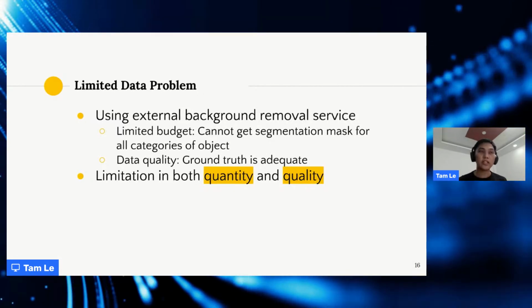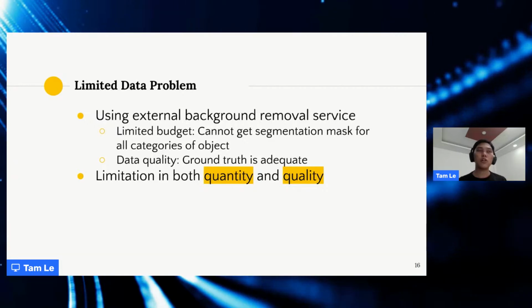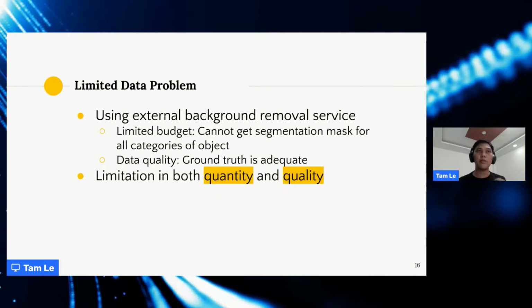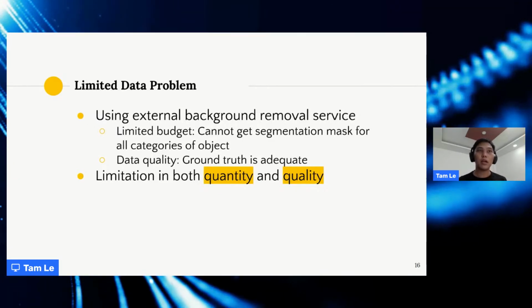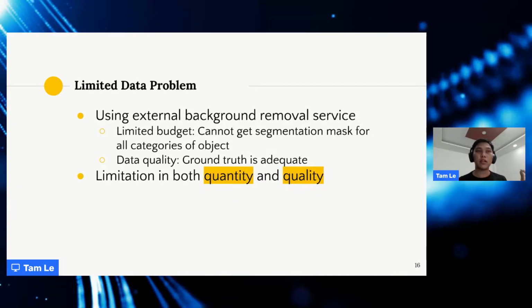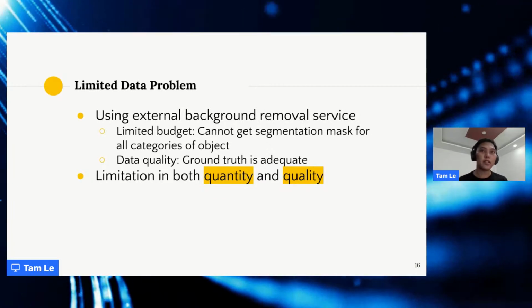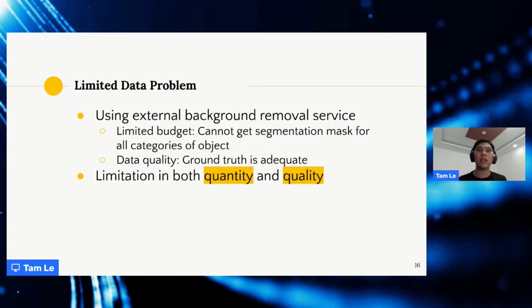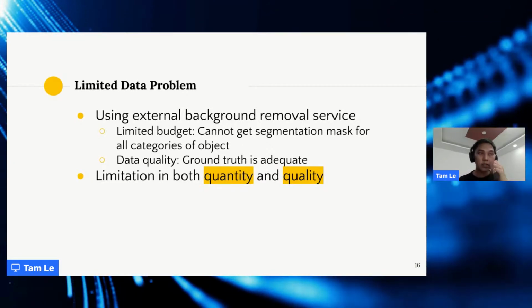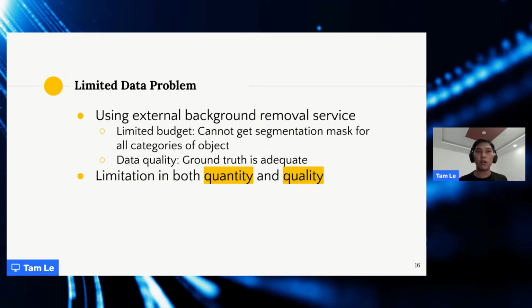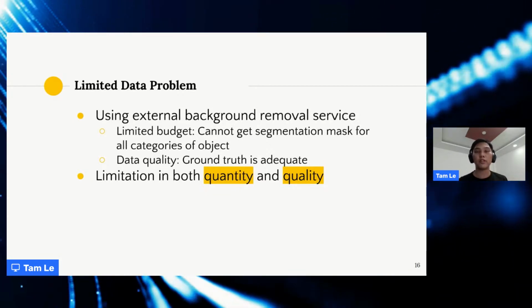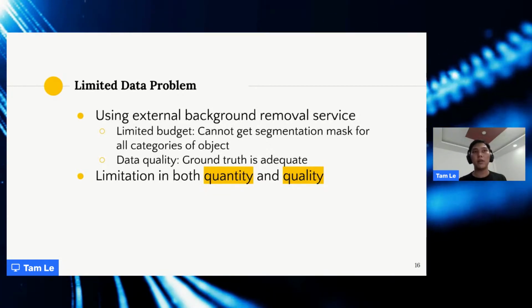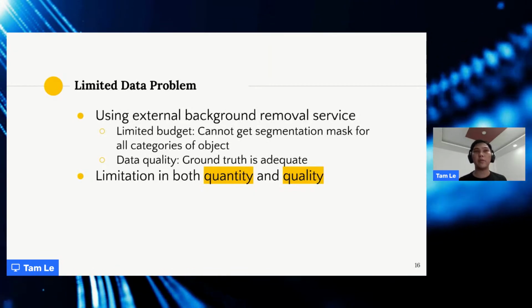And the second is the data quality, because it's just a service, not labeling, so you cannot expect that the ground truth is perfect. You have to accept that the ground truth is only adequate. So in short, we have limitations in both the quantity of the data and the quality of the data: the number of data samples and the quality of the ground truth.